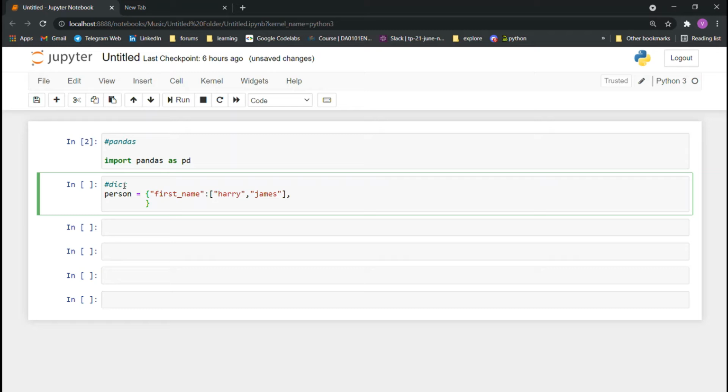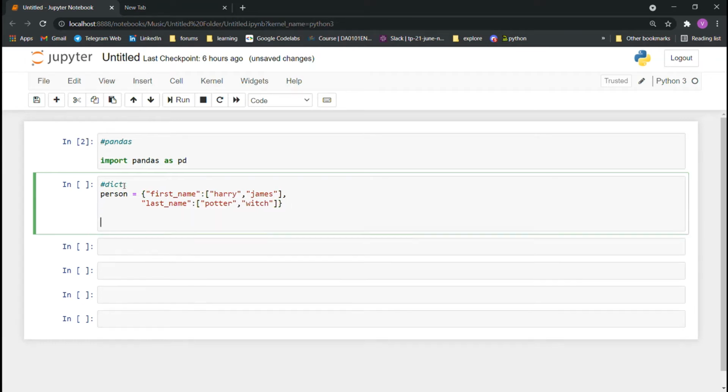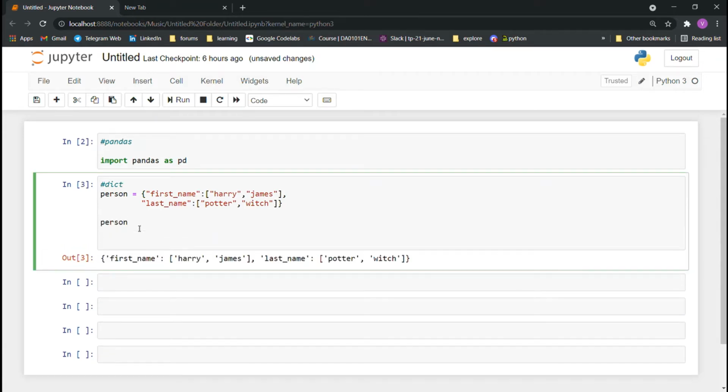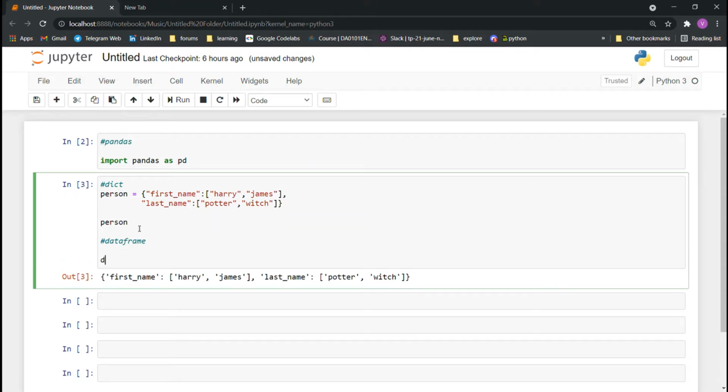The dictionary contains basic person data, including first name and last name, say Harry Potter and James Witch. Run this. Okay, a simple dictionary. So convert this dictionary into a data frame using pandas.